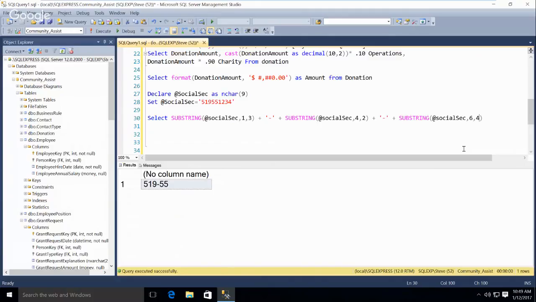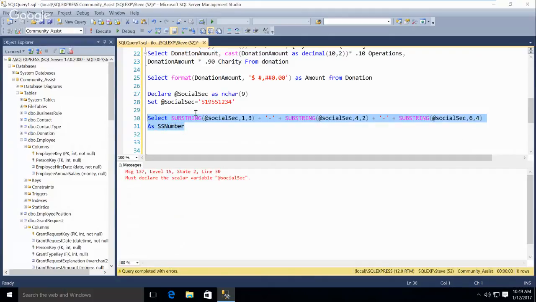Right? So we start at character 4, we take 2 characters. If we start at character 6, we take 4. And then I'll just say as SS number. All right, so let's see if that works. Again, I have to run this stupid variable. Okay.